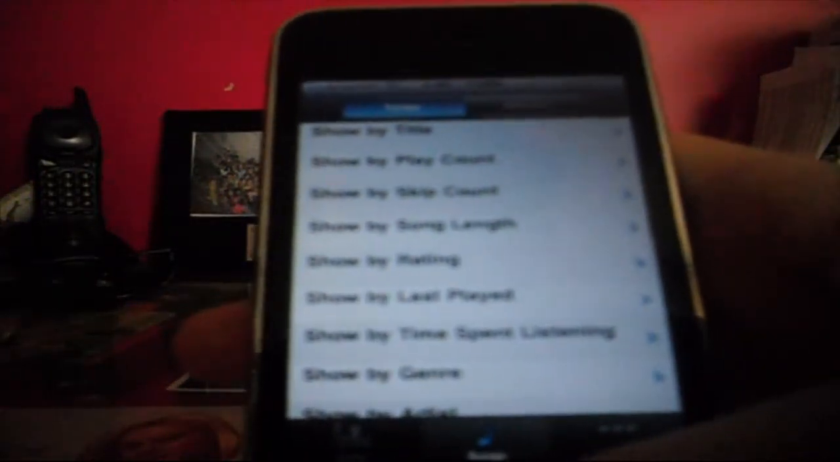You also can do by genre. I listen to alternative a lot, and then not specified, rock, hard and heavy, other, alternative rock, pop, rock/punk. So yeah, mixed genres there. And then you can go to songs, and then you can show by title, play count, skip count, how many times you actually skipped a song, which I think is cool. You can see what song is the longest song you have. You can show your songs by rating. You can show by last played, show by time spent listening to it, show by genre,